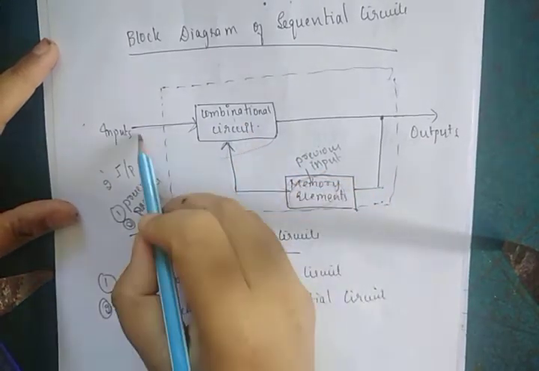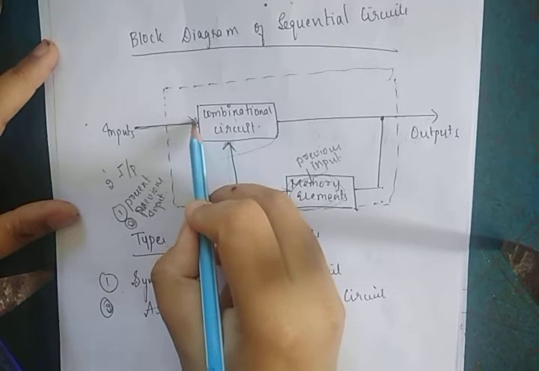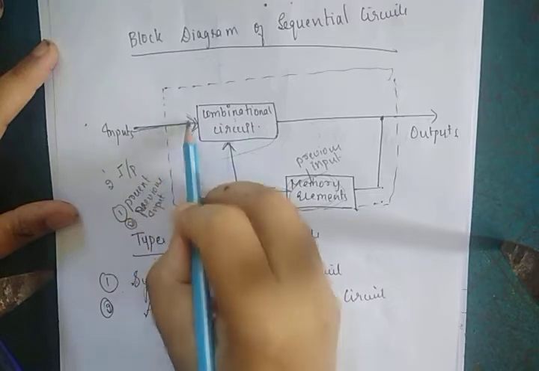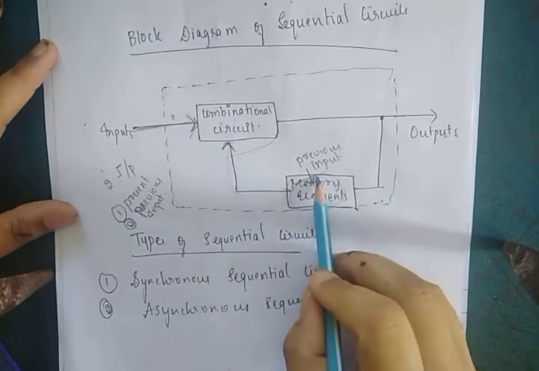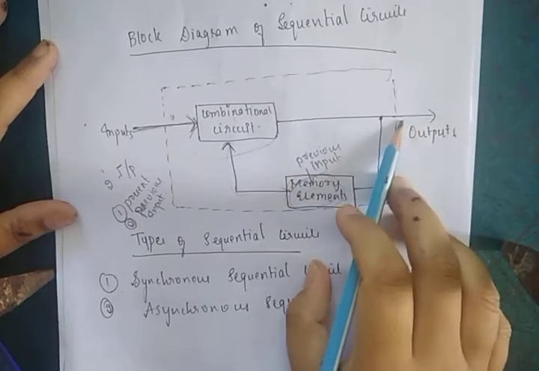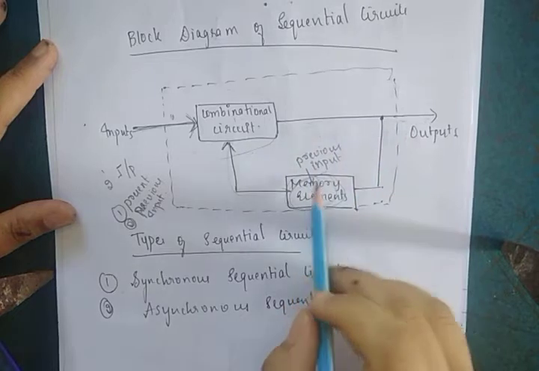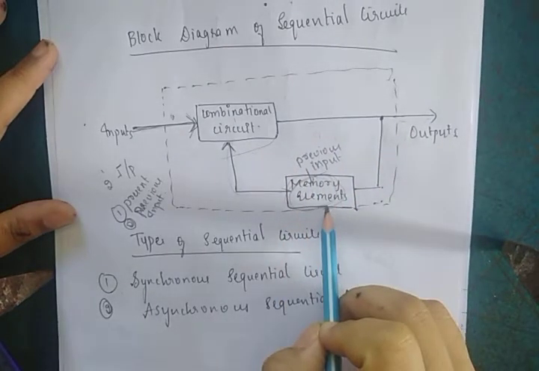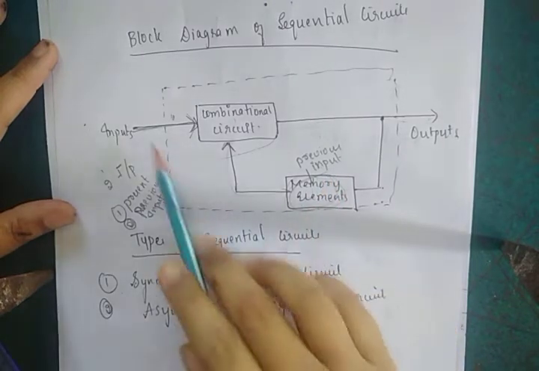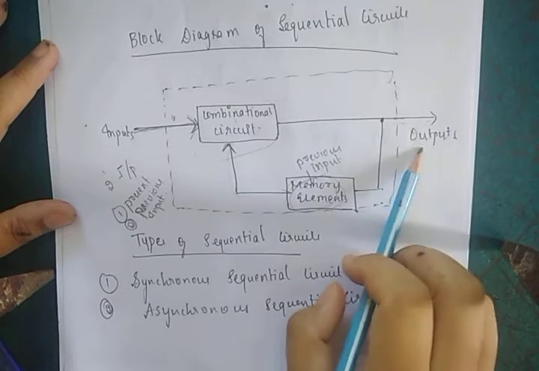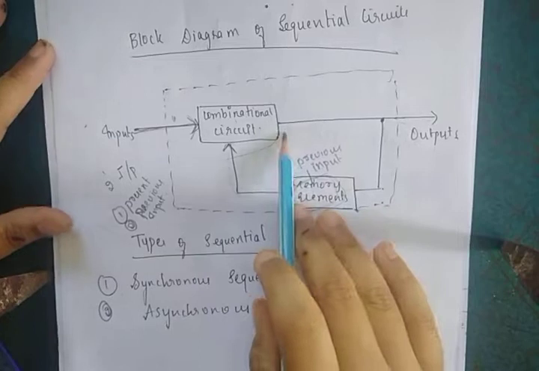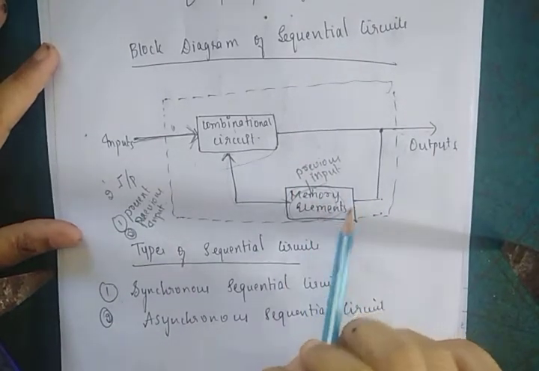Sorry, we have external inputs, which is nothing but the present input. This is the present input and this is the previous input. Together, we will be getting the output. So what actually is the memory element? It is an element which stores some previous input. Along with the external inputs, I will be getting the outputs. Again, in outputs, I will have the present state output and the next state output, which we will be discussing. So the memory element stores the input.